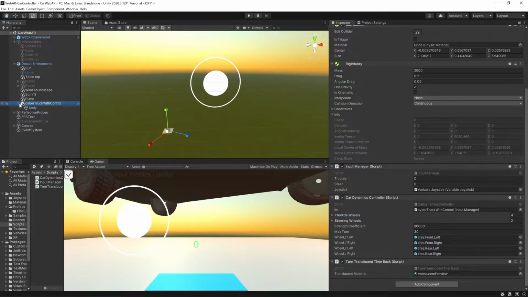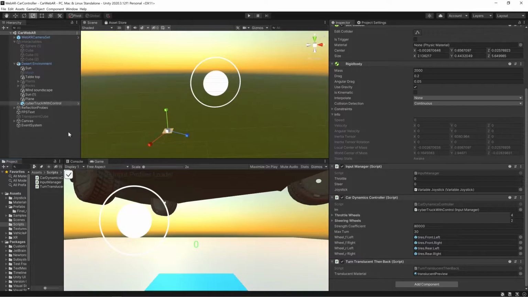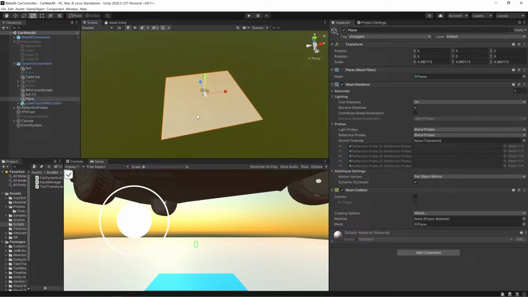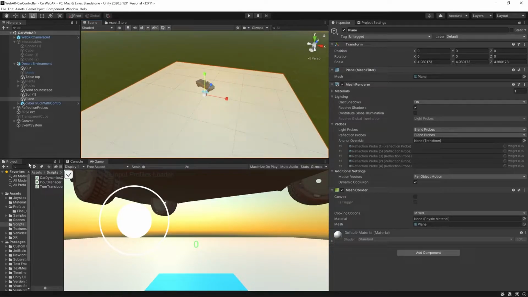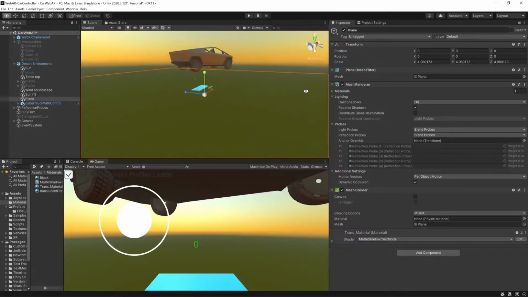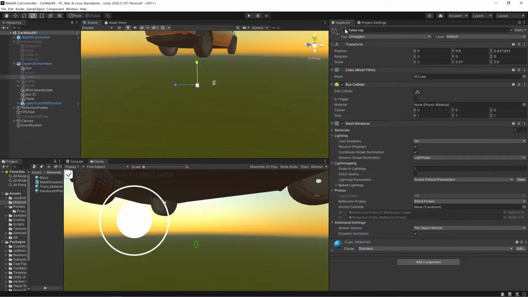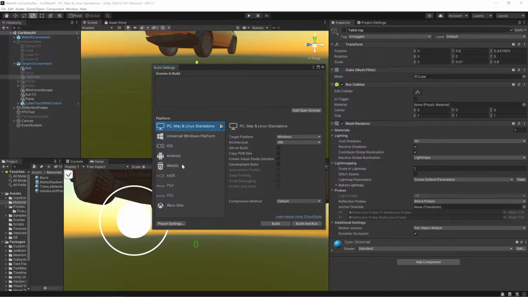And turn transparent, and this is a script I'll be giving. So just import this material where we can change the plane to transparent as we have explained, right? So you go to materials, it will be available. Yeah, transparent. Good. So you can see the effect right now. Now we can disable this tabletop as well. Let's try to play this once, but before that let's convert into a WebGL project, right?